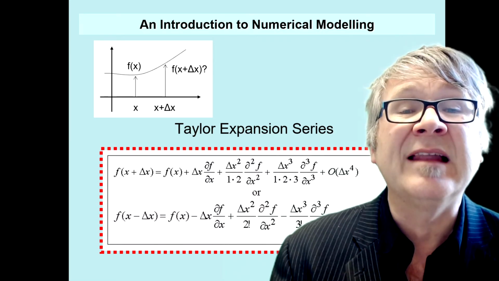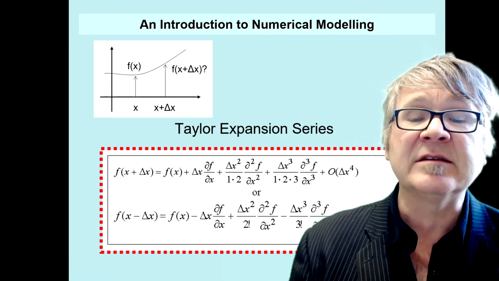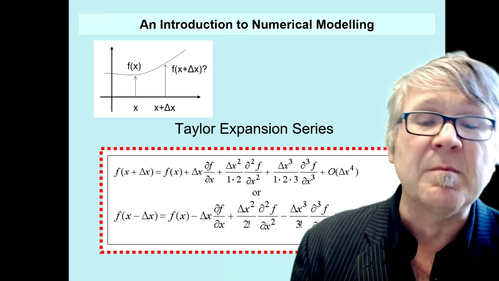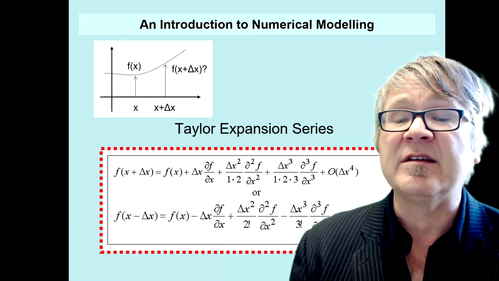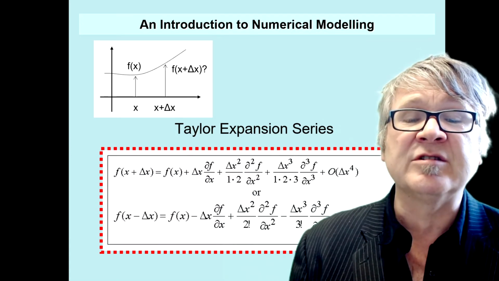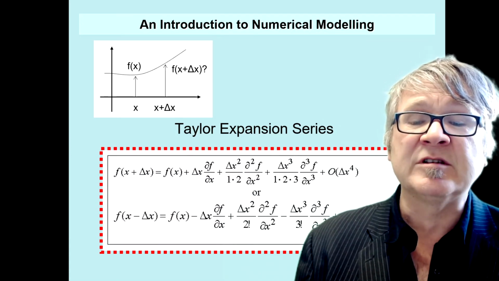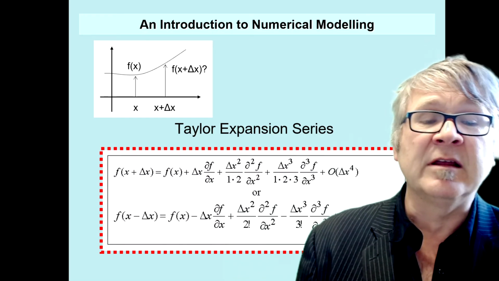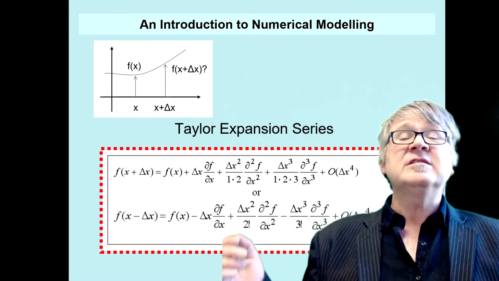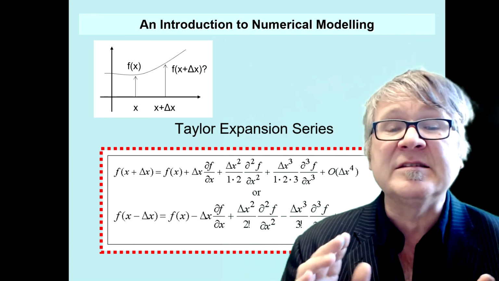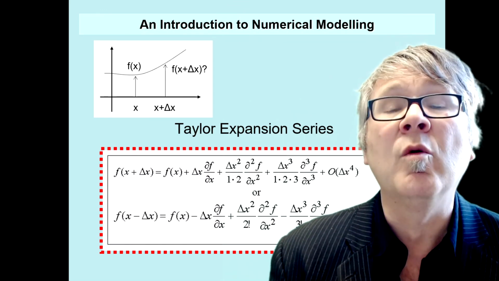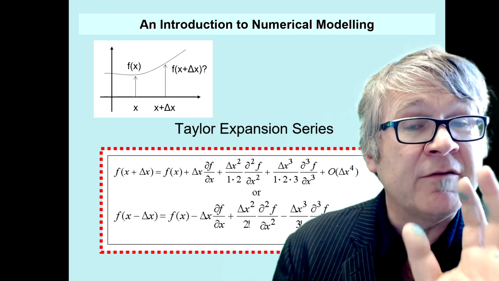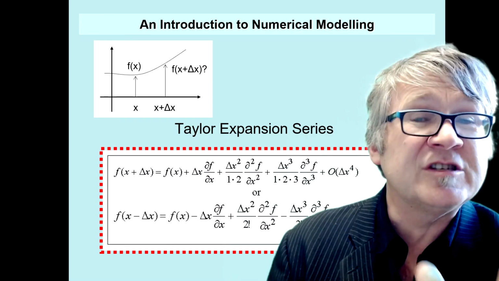What you also can do, instead of moving plus delta x to the right, you can also just move to the left, minus delta x. And then what happens in the Taylor expansion series is that the signs change of these terms, which are the even number terms. It's the second one and the fourth one and the fifth one. And this is what we call Taylor expansion series. This is how finite differences are derived. And let's have a closer look at the possibilities that you